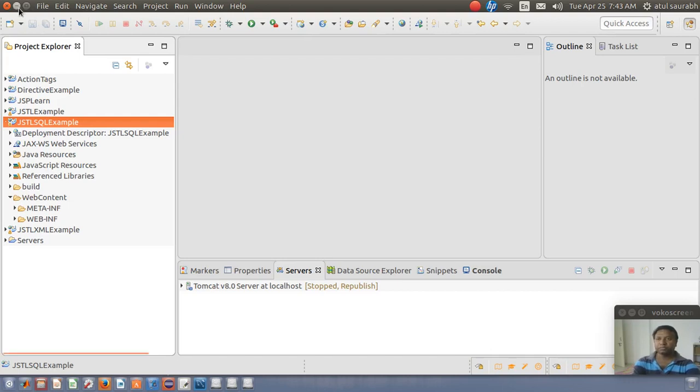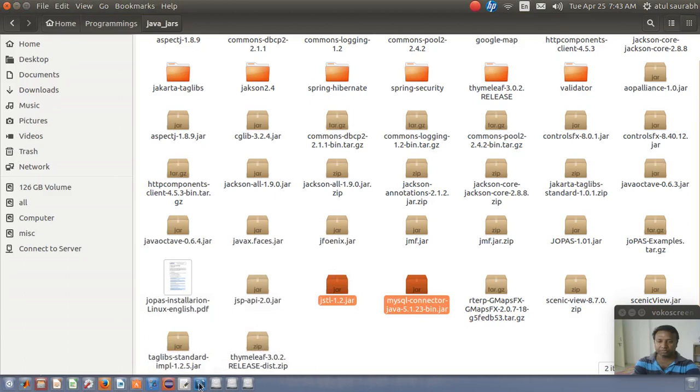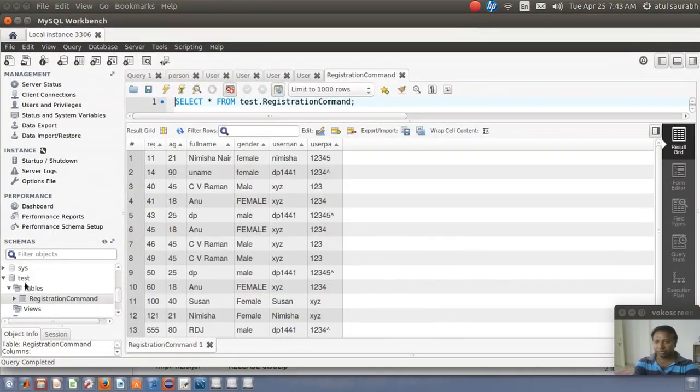Now before starting the processing, I just want to show you the database that I am going to use in this example. The database I am going to use is this test database, and the database server is my MySQL server.